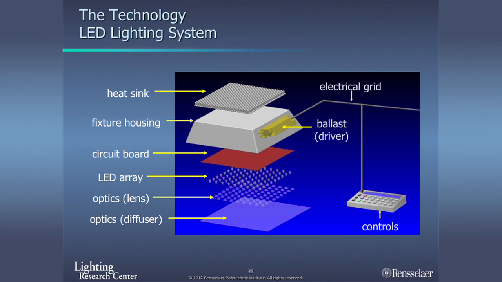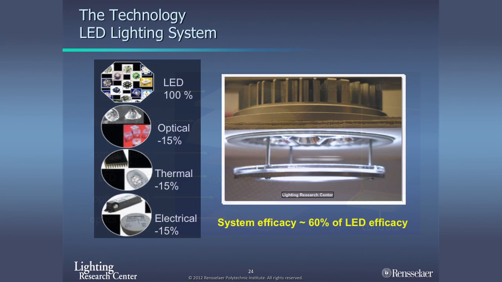There's the housing, there's the driver, there's a circuit board, there's an array, there's optical lenses over the arrays, and then there's some kind of diffuser usually over the whole system. Now, when we look at that, our LEDs are at 100% efficiency. Let's say they're 200 lumens per watt. Well, we take a 15% hit on optical loss. When they encapsulate that LED, which they have to do to make it operate, you lose about 15% of that